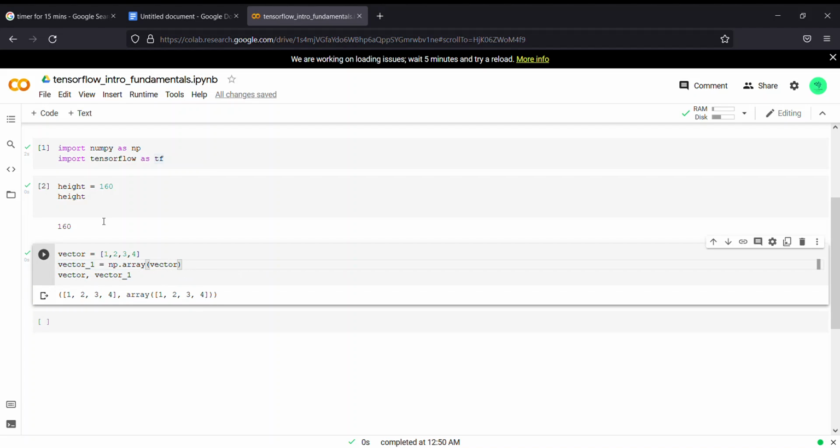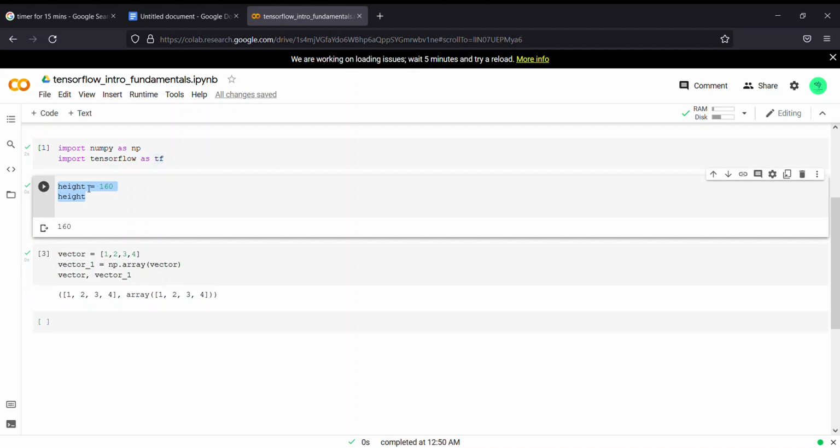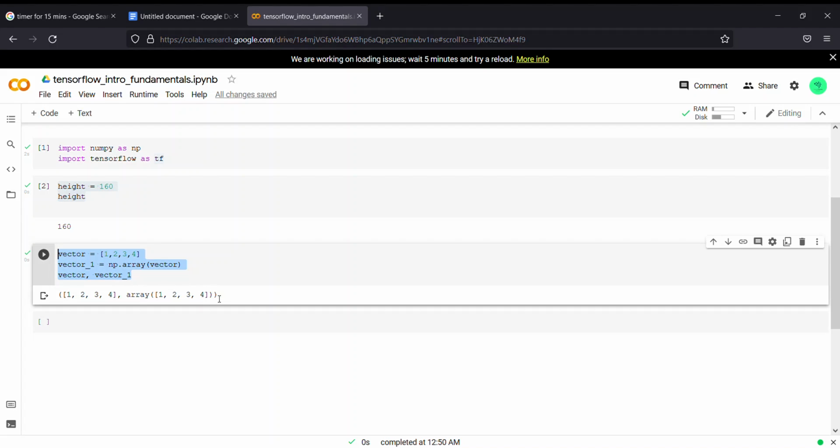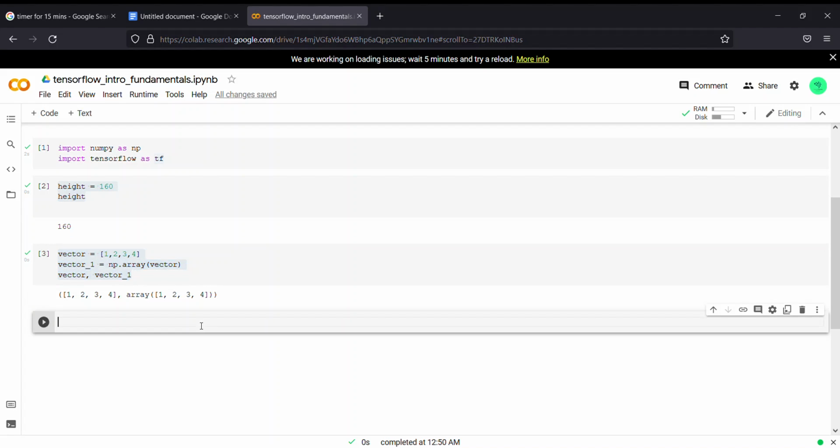Similarly, we have seen that a single zero-dimension value is a scalar and a single-dimension value is a vector, and if it has two dimensions, then we can call it a matrix. But we don't have any object such as a matrix in Python or most languages. To create a matrix, we can use either a list or a NumPy array itself, like